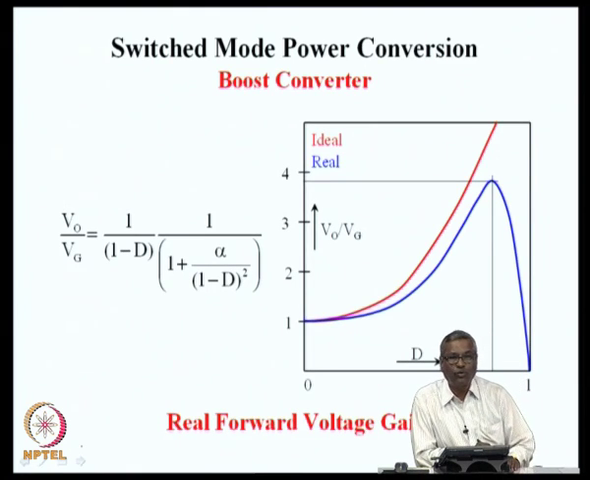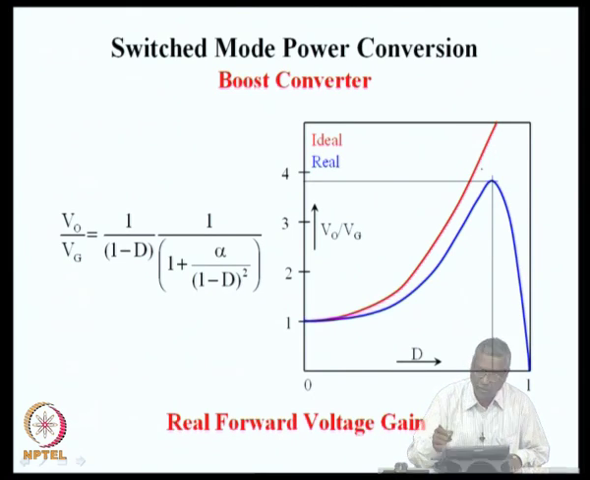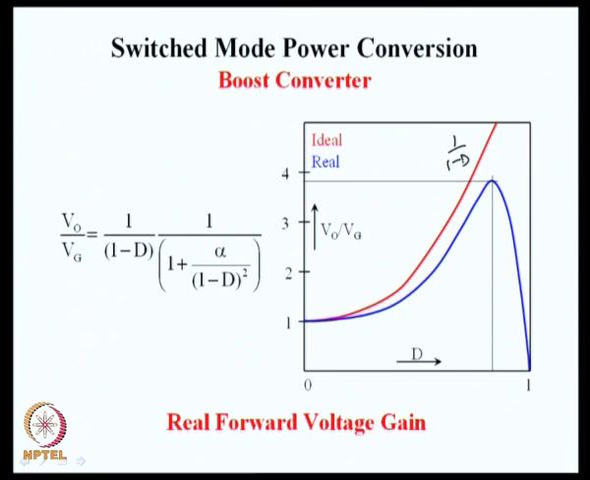It is much better to look at this function graphically, because it will give us a lot more insight into the operation of the converter and preferred operating conditions. We had earlier seen that the ideal power conversion factor, which is shown here, 1 by 1 minus d, is a number which starts from 1 and goes to infinity as d goes to 1. But on account of this correction factor, when d becomes 1, the correction factor is itself 0. So, when you multiply both of them, the final result is 0,